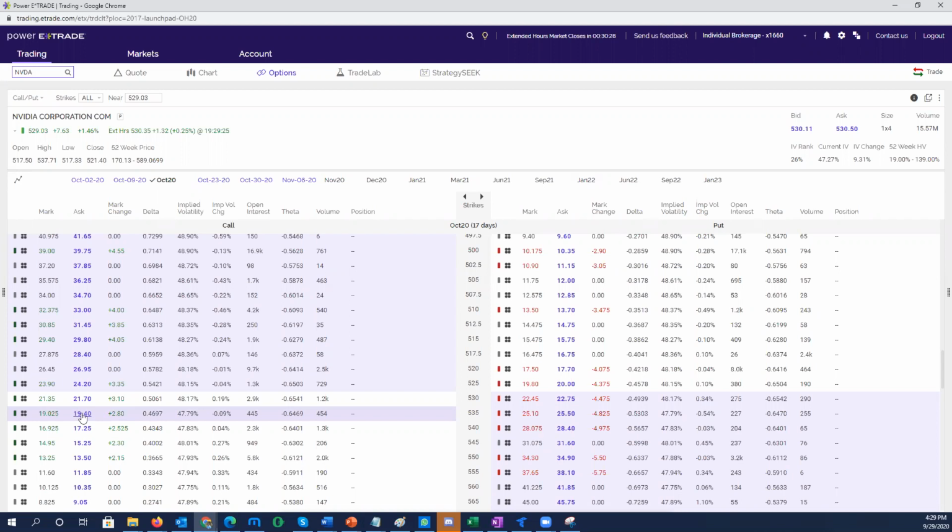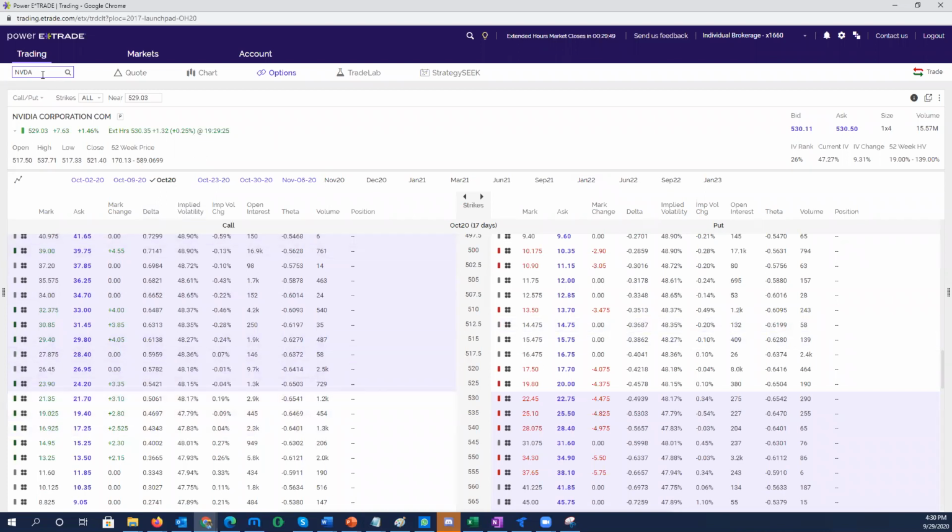Suppose I buy 1940 right now, and tomorrow Nvidia opens and it goes $10 up, I made this point. But it is also true at the same time, if Nvidia goes down, I start losing money. How much do I lose? Basically every day it is 0.64, but I also lose money based on the delta. So it will be calculated by how much it goes down, and it will automatically show in your account. But how much you make, you can roughly calculate here. So that is how call options work.